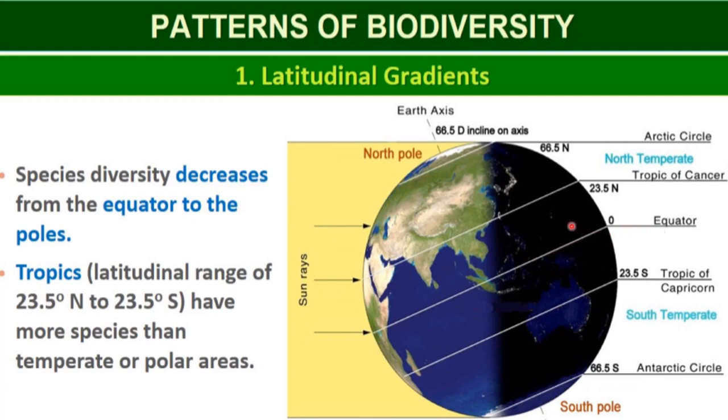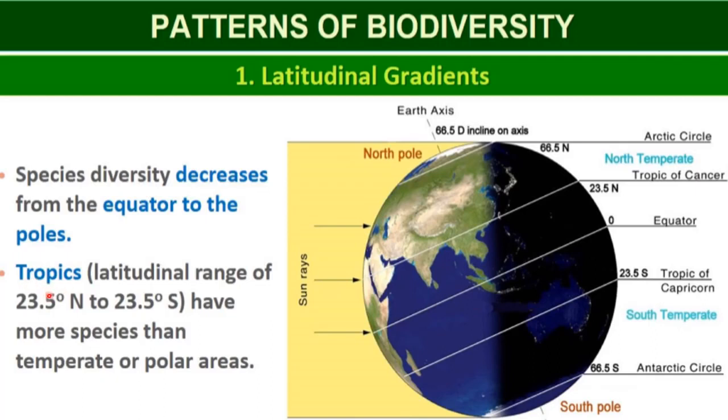Okay, so this is the equator of earth, you can see here, and the places which are near the equator have more species, or those are biodiversity rich areas. And when we move from the equator towards the poles, these are the poles, north pole and south pole, biodiversity is less towards the poles. Fewer species are found in the areas present near the poles.